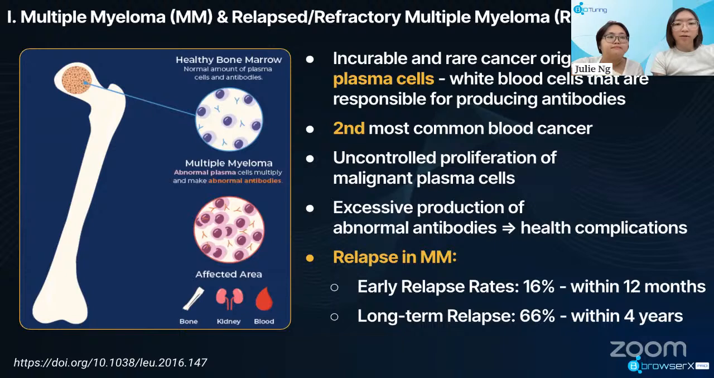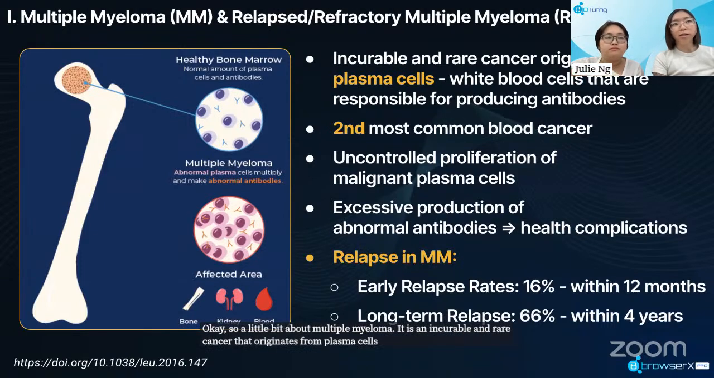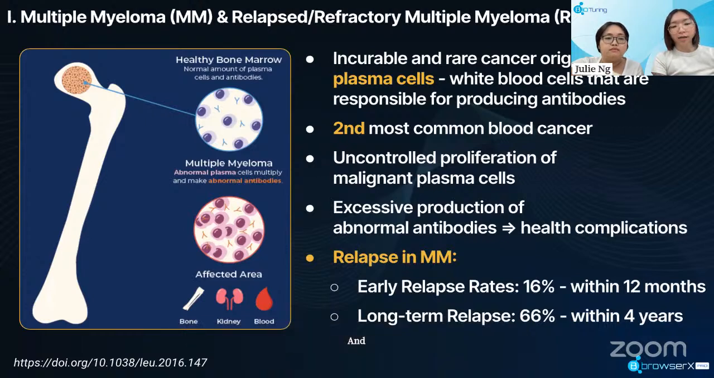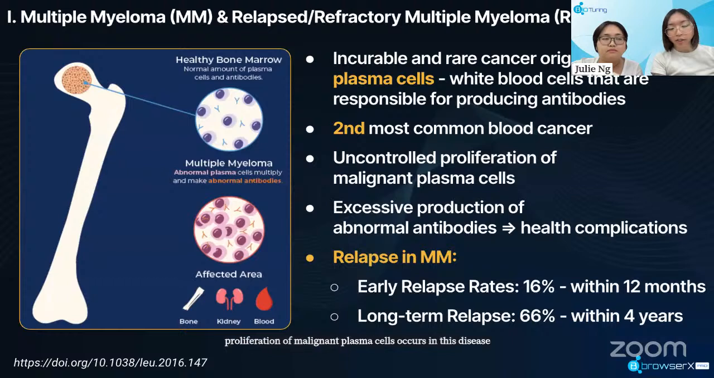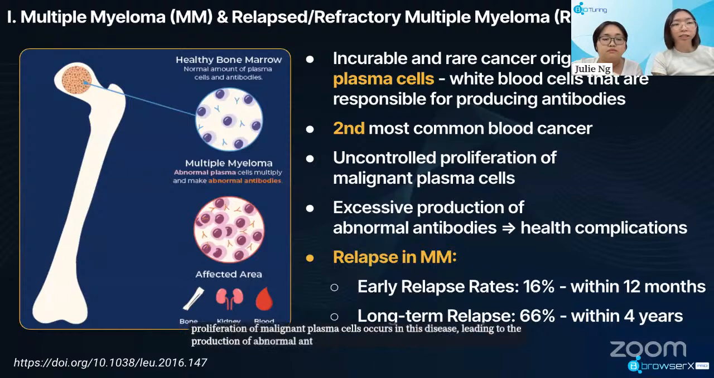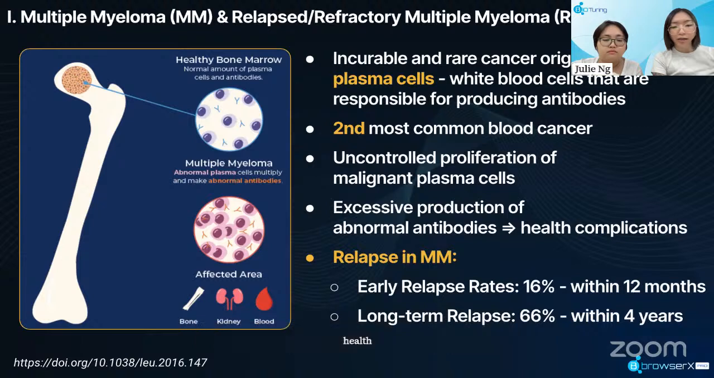So a little bit about multiple myeloma. It is an incurable and rare cancer that originates from plasma cells, which are white blood cells responsible for producing antibodies. It's the second most common blood cancer after leukemia. The mechanism is the uncontrolled proliferation of malignant plasma cells in this disease, leading to the production of abnormal antibodies called M proteins. The excessive production of these abnormal antibodies can lead to a whole host of health complications, such as hypercalcemia,